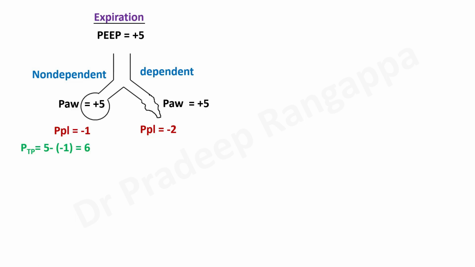So the transpulmonary pressure is your airway pressure, which is PEEP of 5, minus pleural pressure, which becomes 6. Transpulmonary pressure is 6. And here the transpulmonary pressure is airway pressure, which is 5, minus pleural pressure, which is minus 2, minus minus, which is 7. So these pressures are not good enough for this lung during expiration, but during inspiration, there is a different pressure